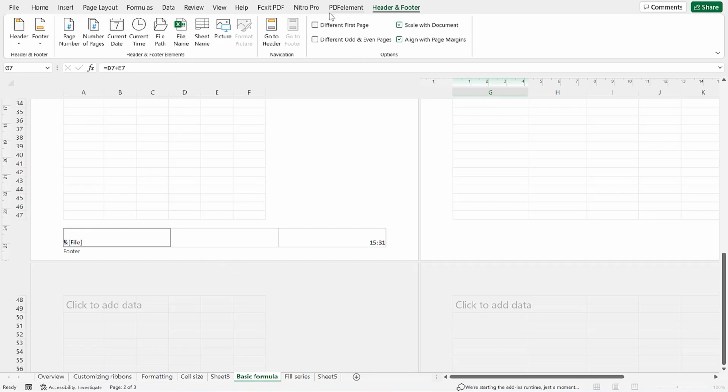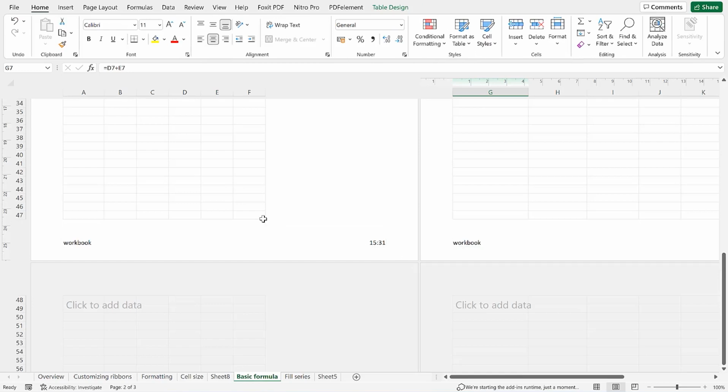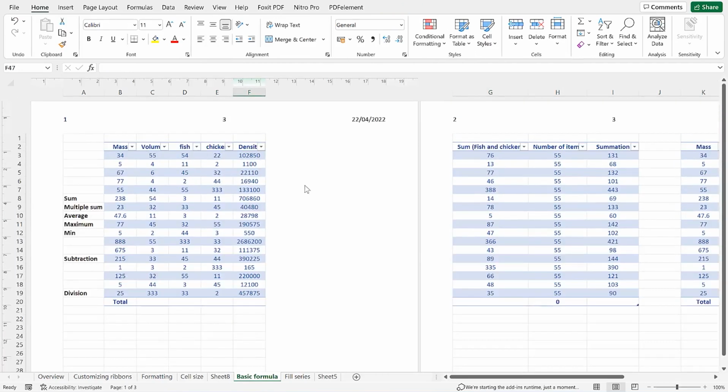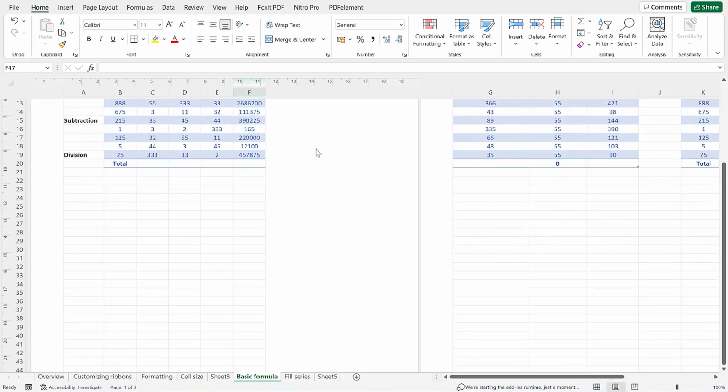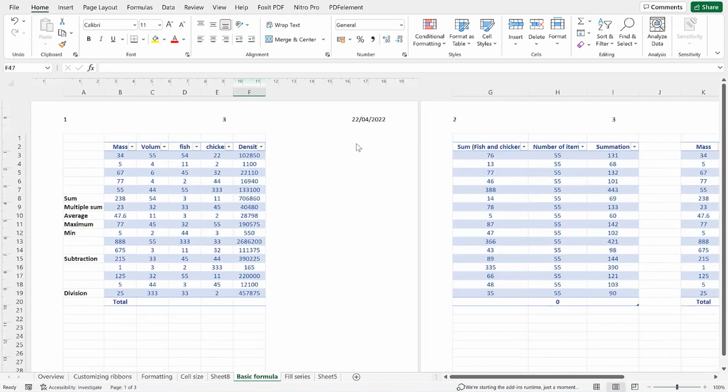So you may want to consider different first page, different odd and even pages, or scaled with the document, just like we've explained in the other dialog. It's very easy, and you can also work on it perfectly. So once you're done editing accordingly, you can easily preview. Even as at now, you can see it from this page layout preview. You can see the page header and footer. So basically, this is how to add header and